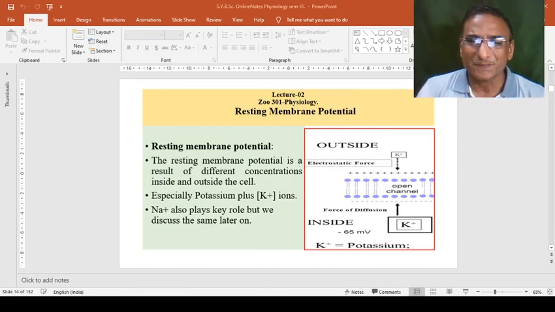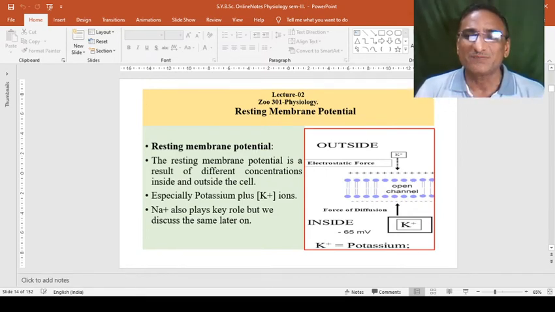Dear students, as usual we will continue our next topic of first unit in the physiology. Last time we have seen the structure of neuron, that is soma. Then it has dendrites, central elongated axon, and again axon endings. In this way the nerve passes the impulses from dendrites to the axon.